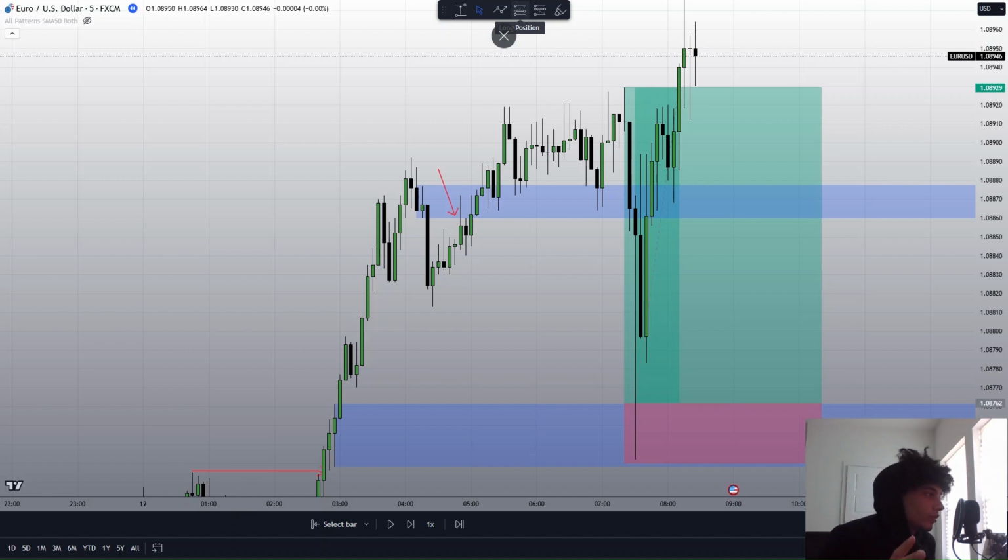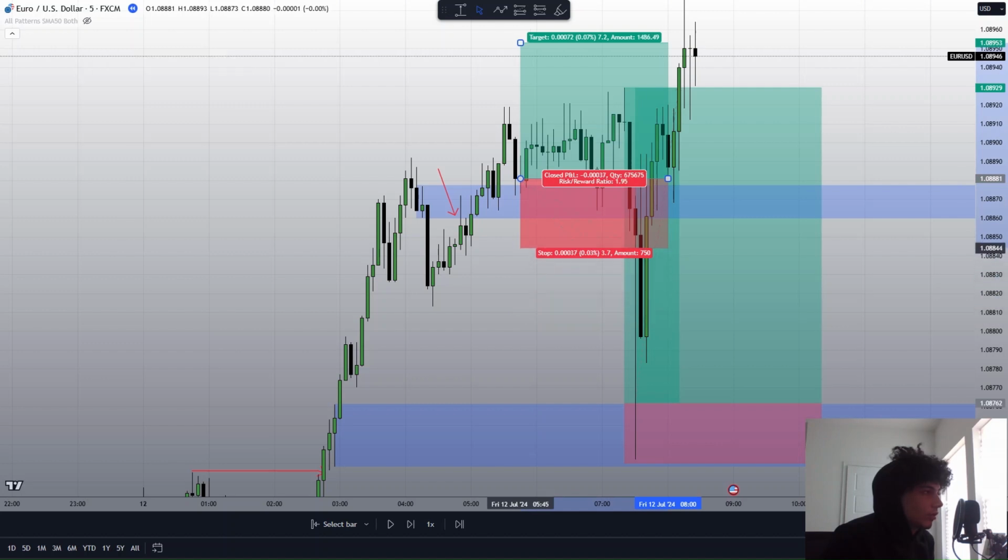So not only did it mitigate it and prove that, okay, it's most likely not going to work, it also broke through it, giving us more confluences that it's not going to work. Therefore, if anything, we should wait for a retest. So like right here, and enter into a buy position and maybe hold it to that high, you know,